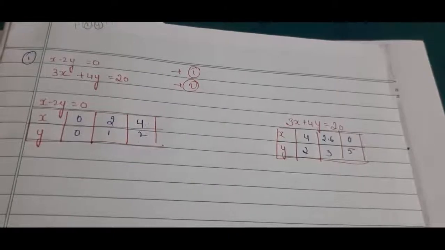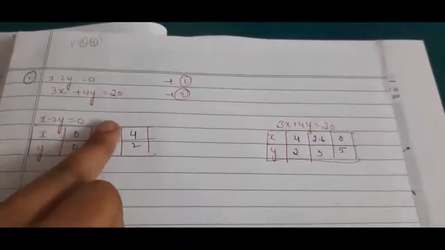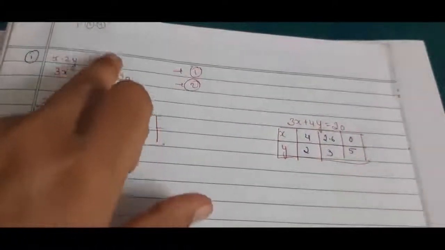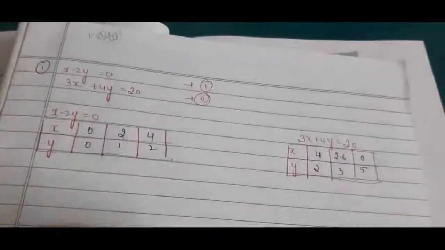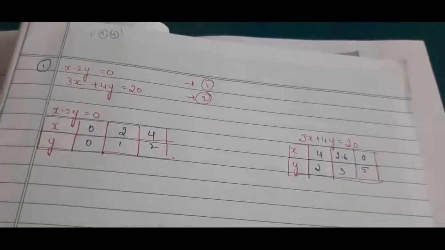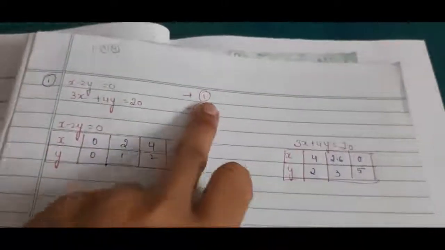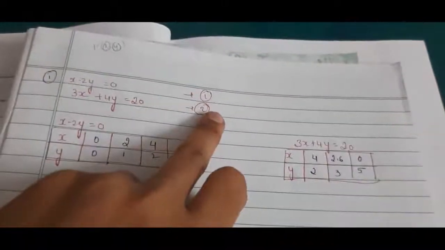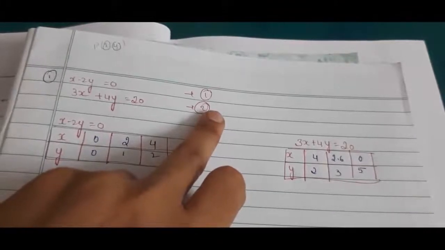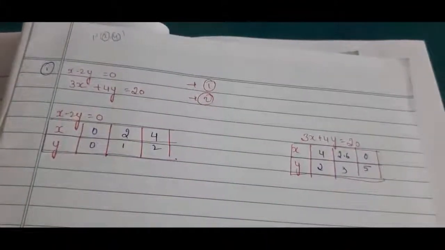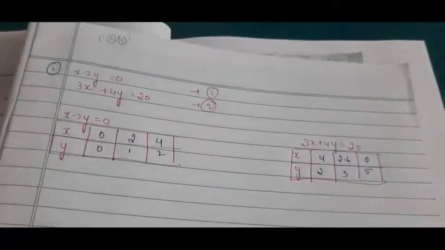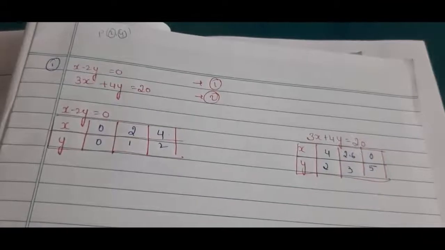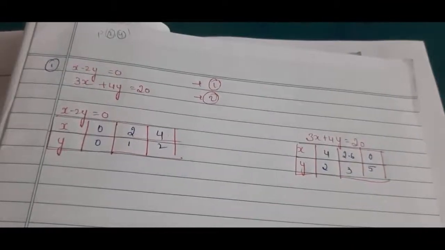Students, this same question is asked: find out whether the given pair of equations represents intersecting lines. This type of question is asked for one mark. So how are you going to do it? We can't go for a graph because it is a long method. We have another easy method, by comparing the ratios of constants.